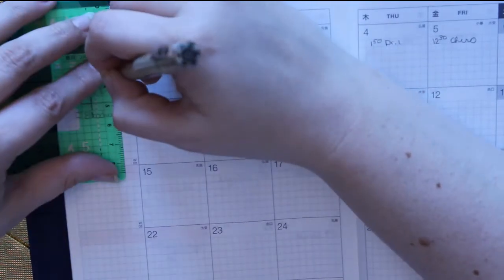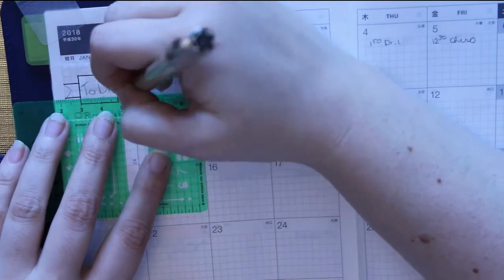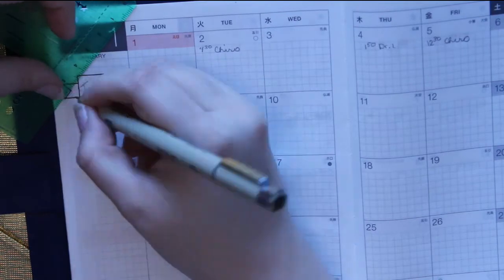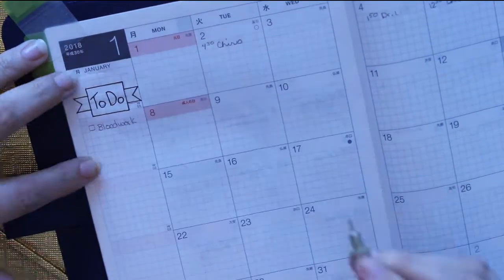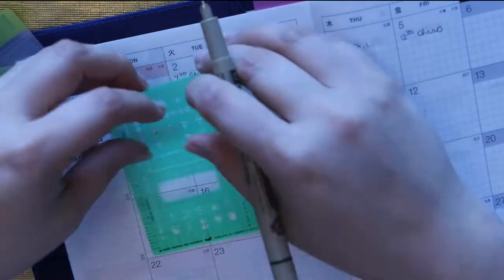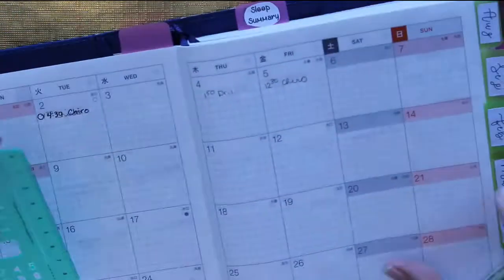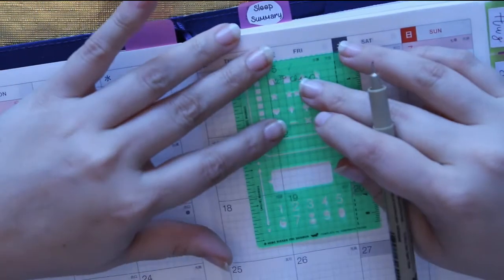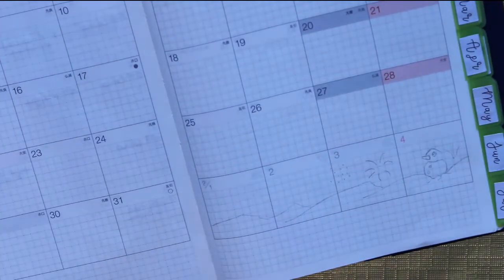It is 2018 and I am finally in my Hobonichi. I am both excited and overloaded, overwhelmed. So many possibilities that I have to say, I don't know what to do. The monthly and the weekly layouts, I have a pretty solid plan for how I want to use. It's the daily pages. I have not had daily pages in any of my planners thus far, so the possibilities